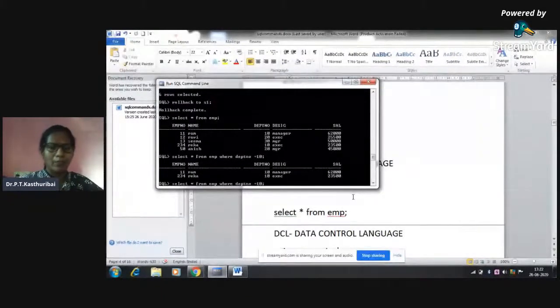Similarly, not only numeric fields, you can give any other character field also. You can give an AND condition or an OR condition. Everything is possible. But I would like to say employee name is equal to a name starting with a letter, like S percentage or R percentage.